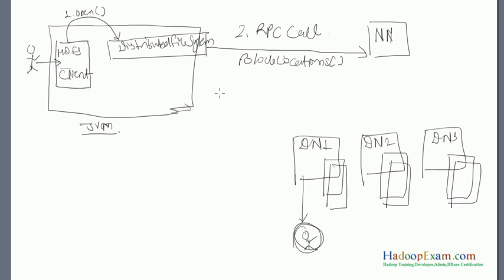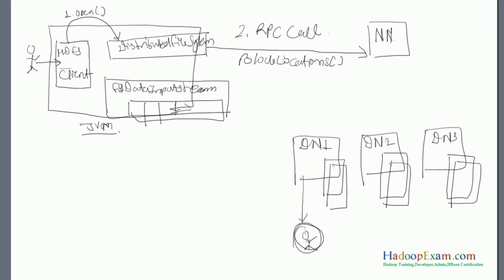So let me go to the diagram. So this FS, another object, data input stream, which holds your complete block locations in sorted order to read the file, correct? So now this is the third step where it holds your